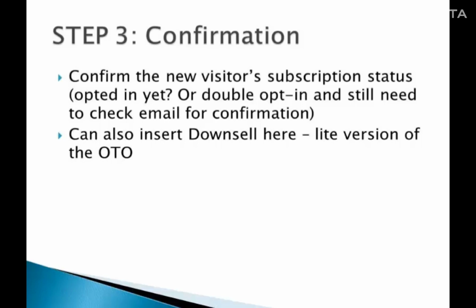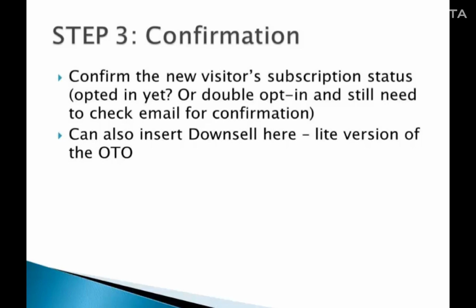Last but not least is step 3 of 3, the confirmation page. Whether the new visitor or subscriber passes up your one-time offer, he is going to arrive at the confirmation page. In this page, you inform your new visitor that he has already been subscribed to your mailing list if your autoresponder uses single opt-in, or he still has to check his email for a confirmation email if you're using a double opt-in autoresponder. Aside from confirming the new visitor's subscription status, this page has high virtual real estate value, so you